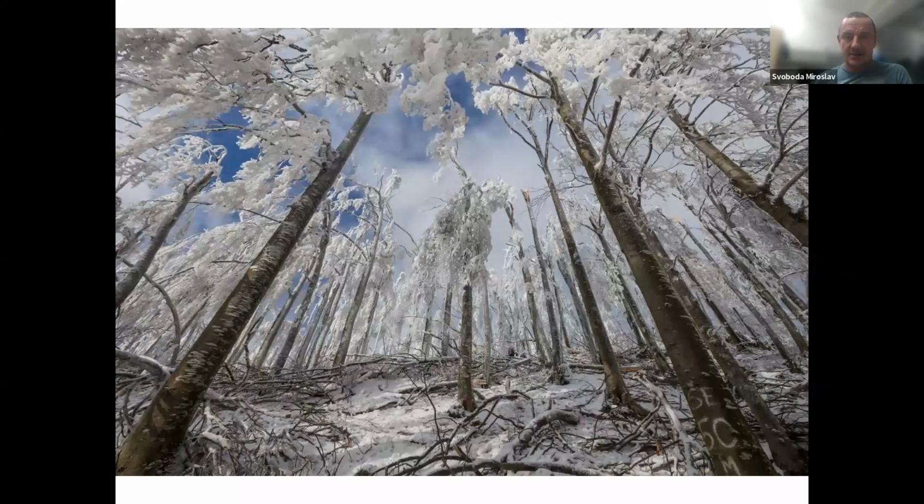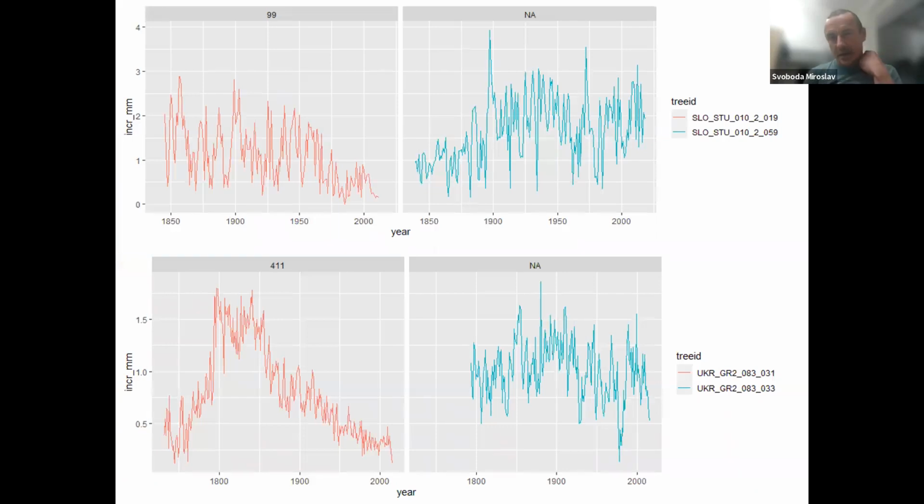And as I said, there are some interesting disturbances which are not so well studied. For example, this ice storm, and we want to pay more attention to it. And as one of the last few slides, I'd like to talk about something which is exciting and which we would like to do in addition to this classical mortality observation. We are coring all the dead trees and slowly getting information about the growth pattern of the dead trees. And I think that this might allow in the future quite interesting evaluation of the reason why the trees are growing, why the trees are dying,